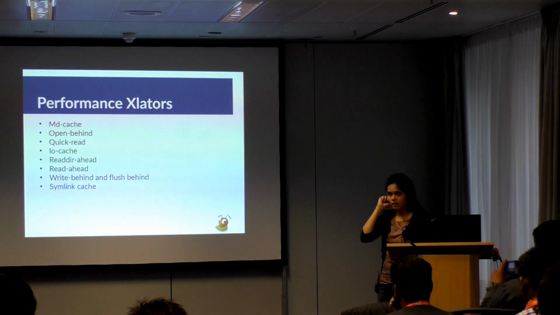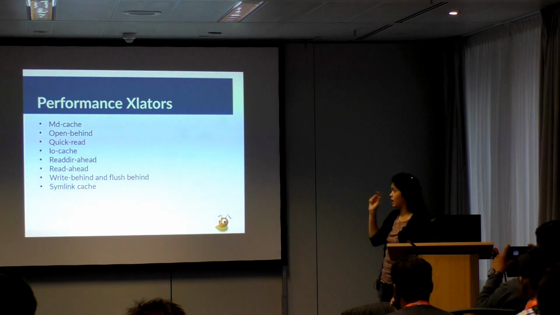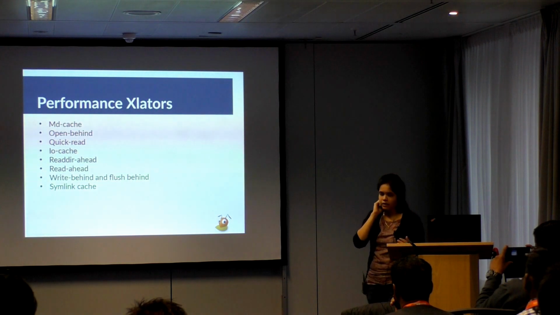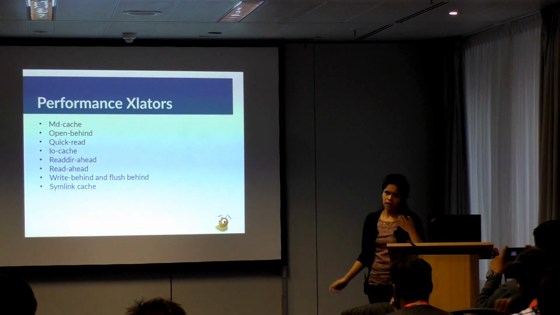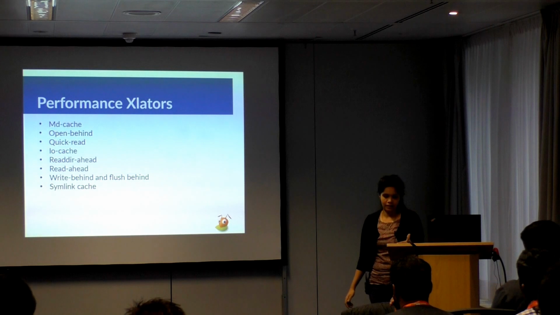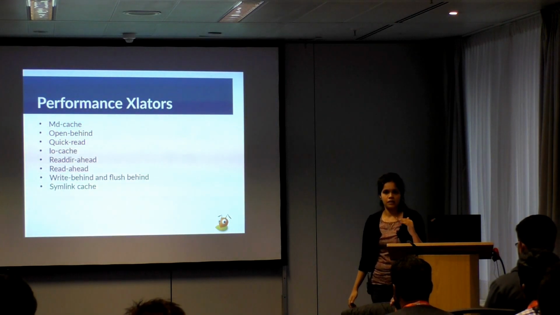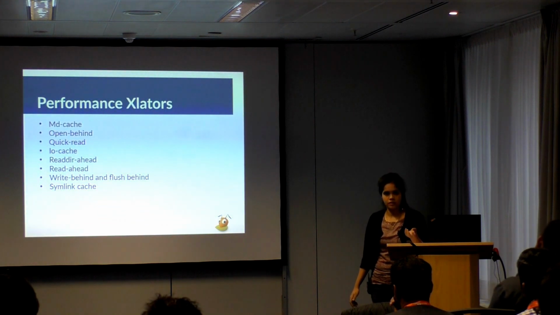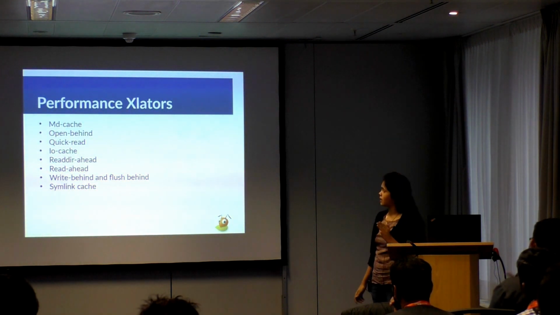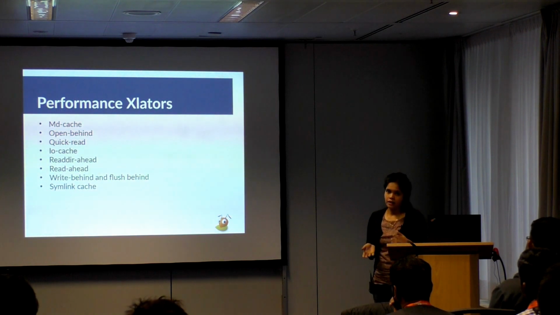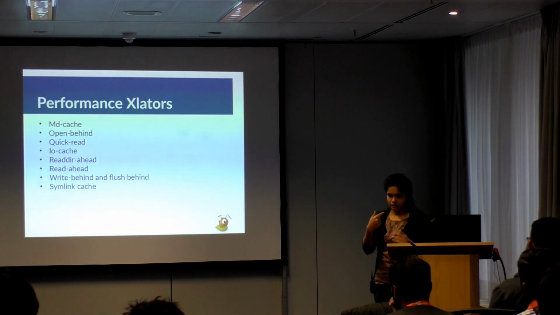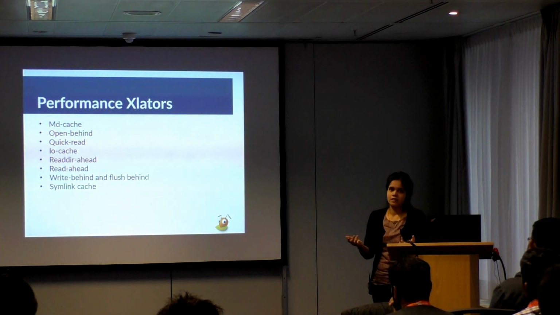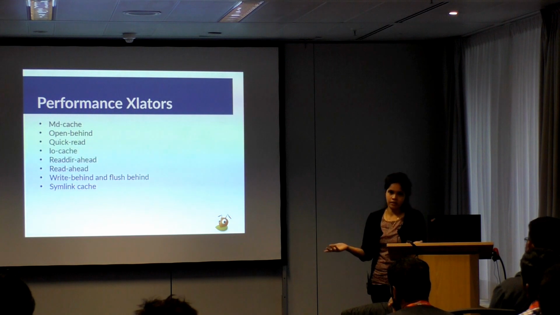And then write-behind and flush-behind. The write-behind accelerator implements both write-behind and flush-behind. In write-behind, a write that reaches the write-behind accelerator just returns success right from there. And in the backend, it caches it for a certain while and then flushes the write in the backend. So the network latency is not added to the FOP latency. So with write-behind, your writes are as fast as they can get.